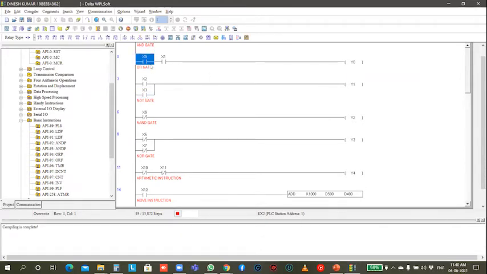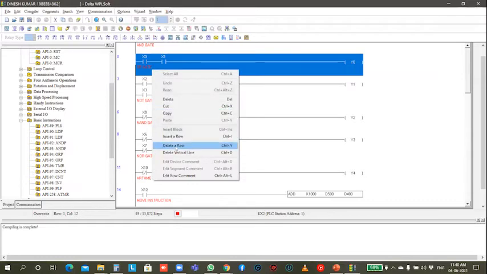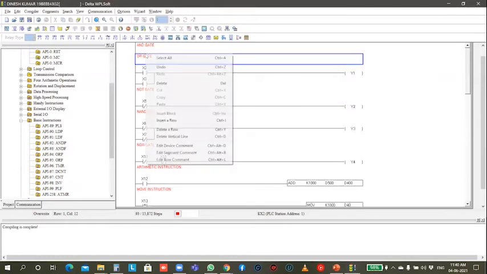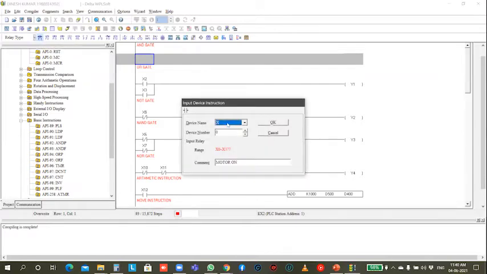To create this line, you can just click there. Now I'm deleting this line, so I get a new one. Insert a row. So now we can create a program here. First I'm going to put an NO switch. This NO button, I click there. X0, I will give it X10. And I will name it start.